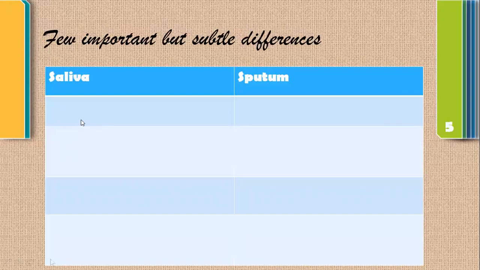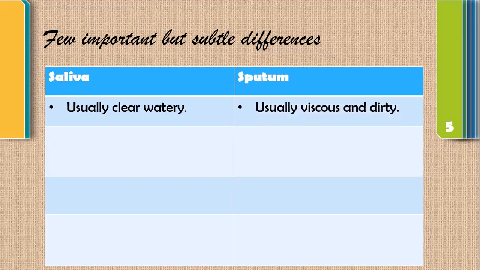Now talking about the differences between saliva and sputum. Why is this important? Because though the person expectorating might know whether that is saliva or sputum, or the person looking at the expectorating person might know whether the person has given saliva or sputum, when the sample goes into the lab, one doesn't know by just gross appearance whether that is saliva or sputum. So there are a few points to be noted to investigate whether the sample is contaminated by saliva or not. The differences are: saliva is usually clear and watery, whereas sputum is viscous and